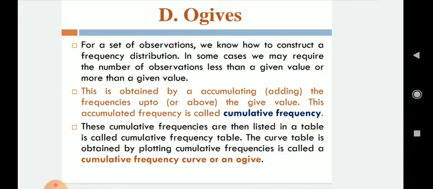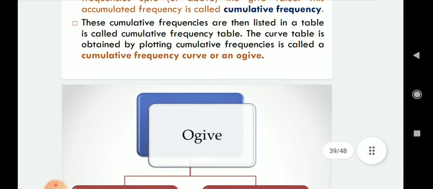How many students have scored more than 50 in statistics? Then you need to draw an ogive. Through ogive, if you want to get less than or more than values, then you draw ogives. That is why you have two types of ogives. First one is known as less than ogive. The second one is known as more than ogive. In less than ogive you take less than values, and in more than ogive you take more than values. What are these less than or more than values? We'll see this using